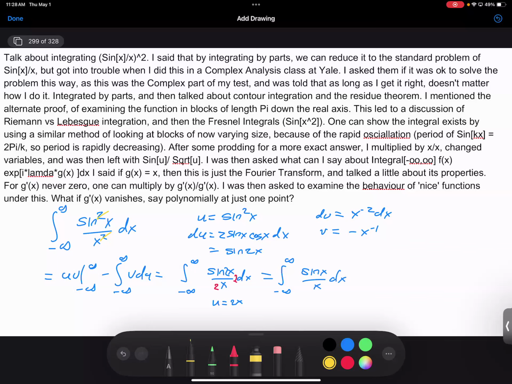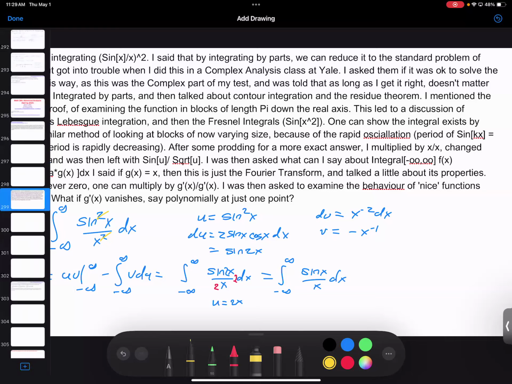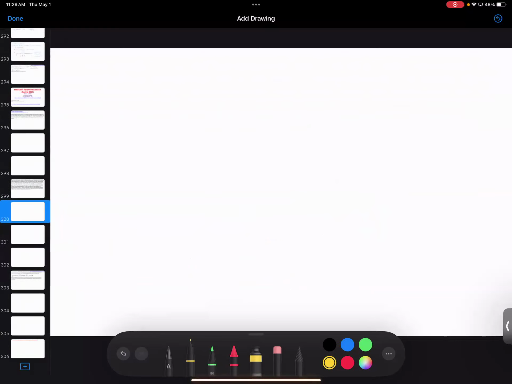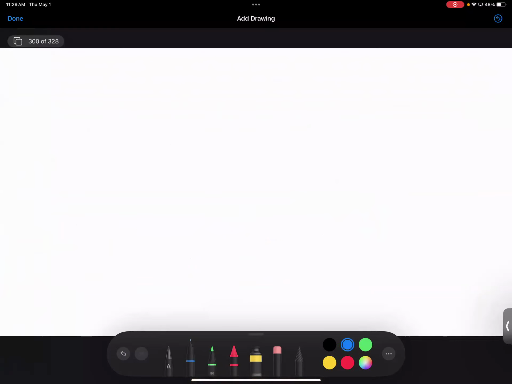Doesn't always work, but it makes it a much easier contour integral to do. And so I was a bit of a smartass and made a remark like this, because you can actually evaluate this using some real analysis techniques. So if you think about what's going on with sine of x over x, if I put in absolute values, the integral is infinite. So if I try to just integrate from minus infinity to infinity of sine of x over x dx with absolute values, that's infinite.